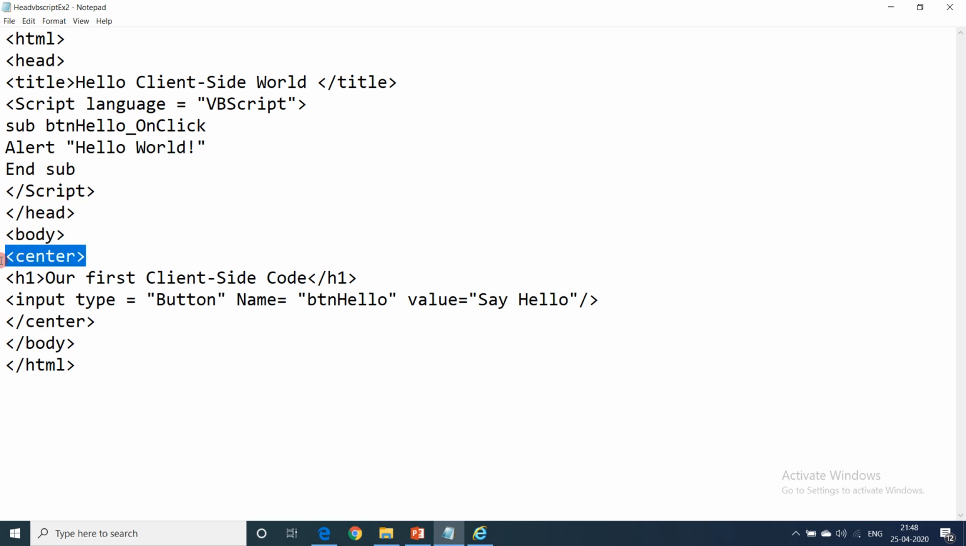There is one tag which is center tag, which aligns whatever written within the center tag in the center. It will align the text or whatever, let it be button also. It will be aligned in the center of the window. So can you see this is the center tag? Whatever is between the starting center tag and ending center tag will be aligned in the center. So I have used heading tag, H1 tag, our first line of code, something is written within this heading tag,